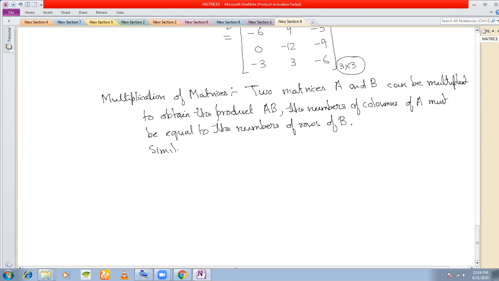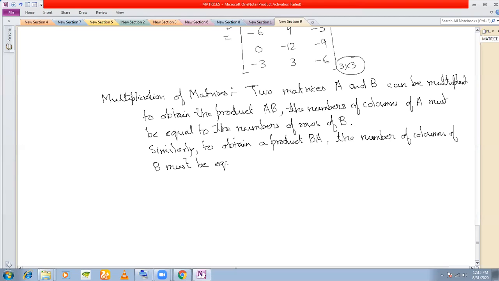Similarly, to obtain a product BA, the number of columns of B must be equal to the number of rows of A. So for a product AB,